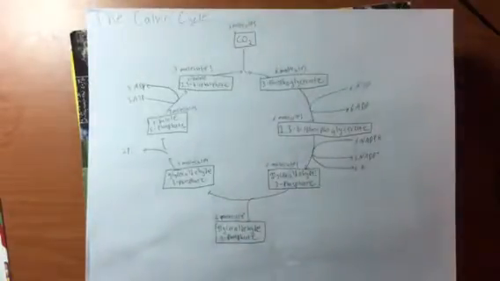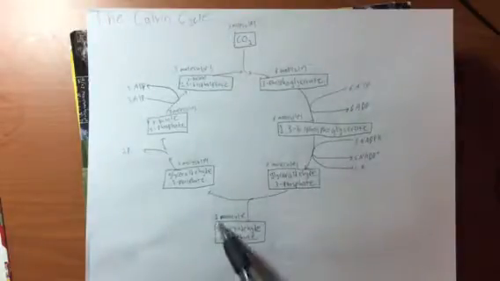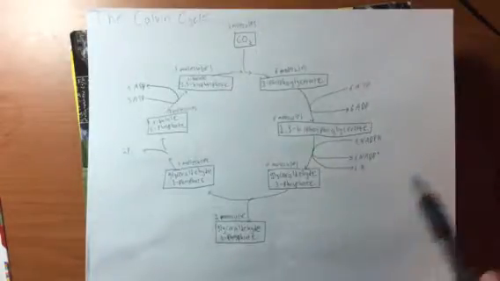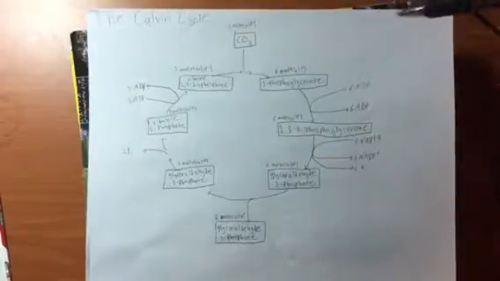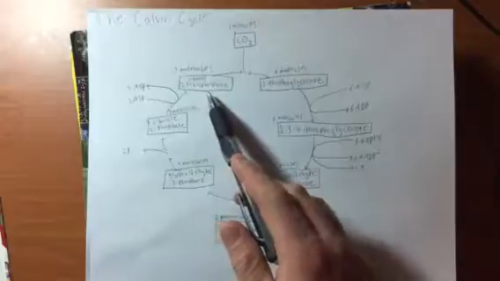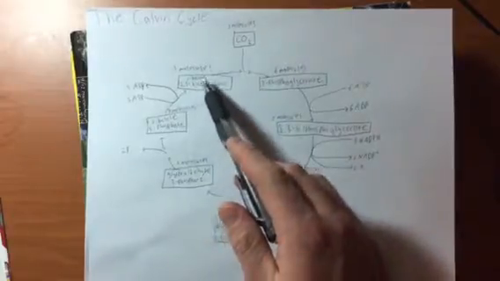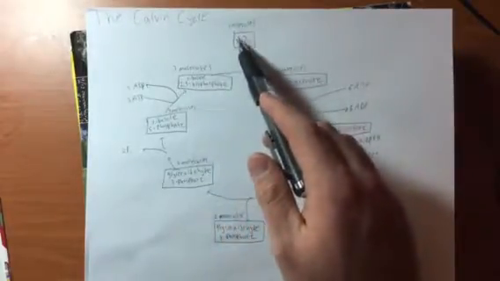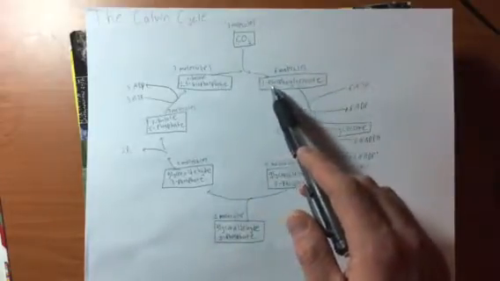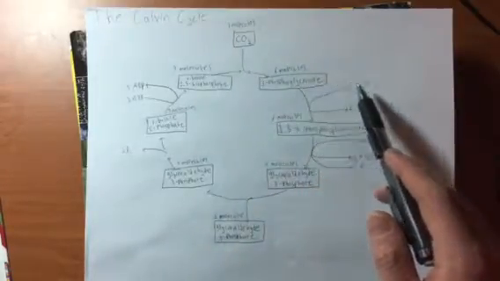Okay, so here we have the Calvin cycle, and the whole point of the Calvin cycle is to produce one molecule of glyceraldehyde 3-phosphate. Where this process starts is at the 3 molecules of ribulose 1,5-bisphosphate, and this comes over here and it joins up with 3 molecules of CO2, and from there we get 6 molecules of 3-phosphoglycerate, and then it